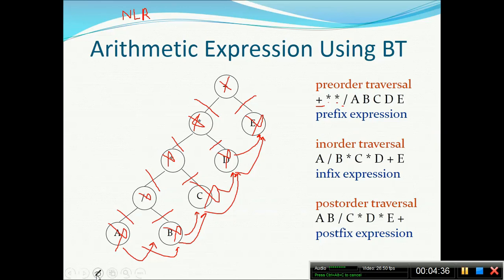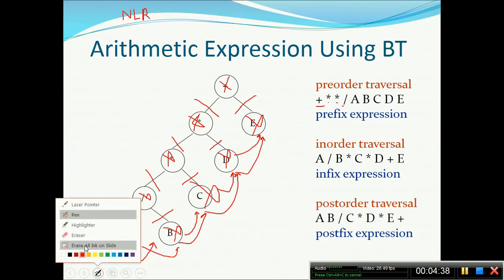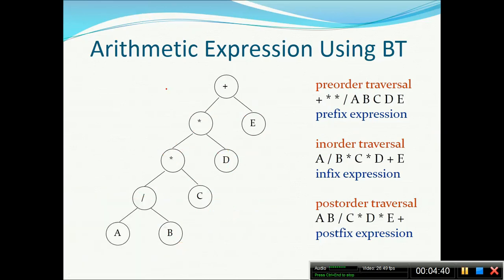I will try with the post-order traversal. Now what the post-order says: left subtree first, then the right subtree, and then the node. Okay, so this is the idea. So okay, we will try now. Now for this particular node that we have, this is the left subtree, this is the right subtree. So it will jump to here, the left subtree.